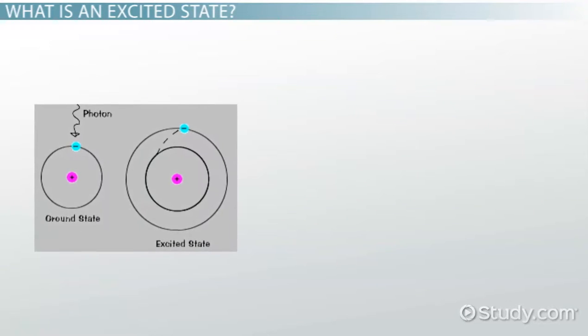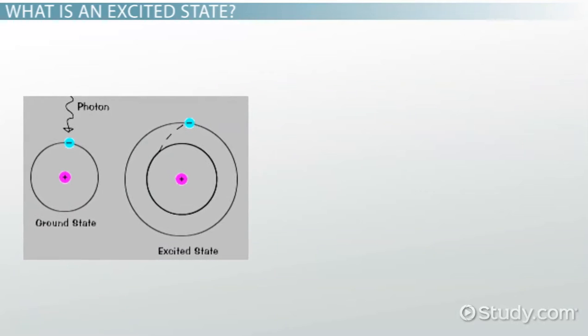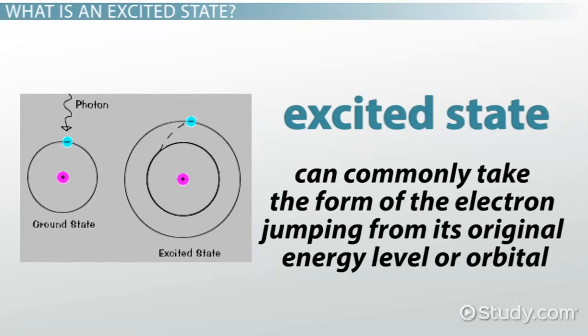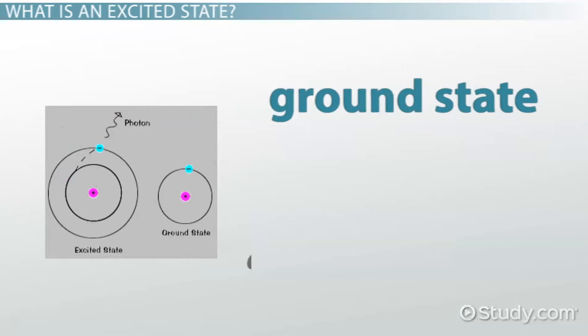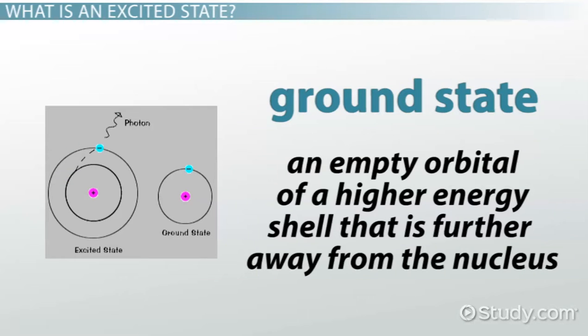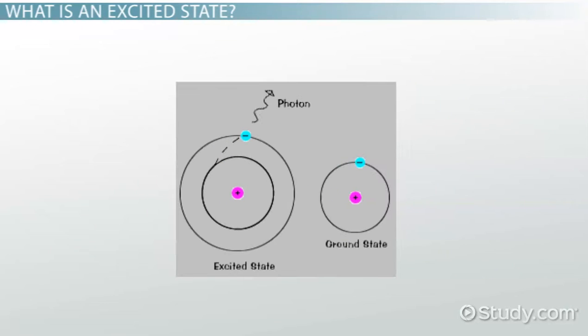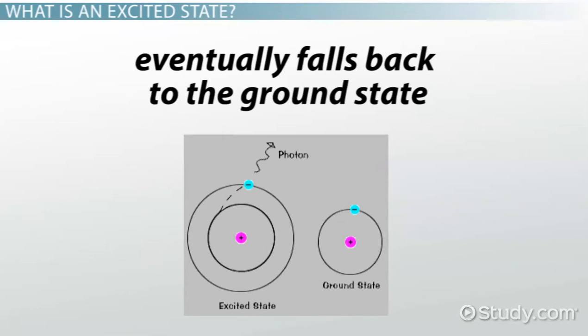When a valence electron absorbs energy, it enters what is known as an excited state. The excited state can commonly take the form of the electron jumping from its original energy level or orbital, also known as the ground state, to an empty orbital of a higher energy shell that is further away from the nucleus. The excited electron does not stay in the excited state permanently, however, and eventually falls back to the ground